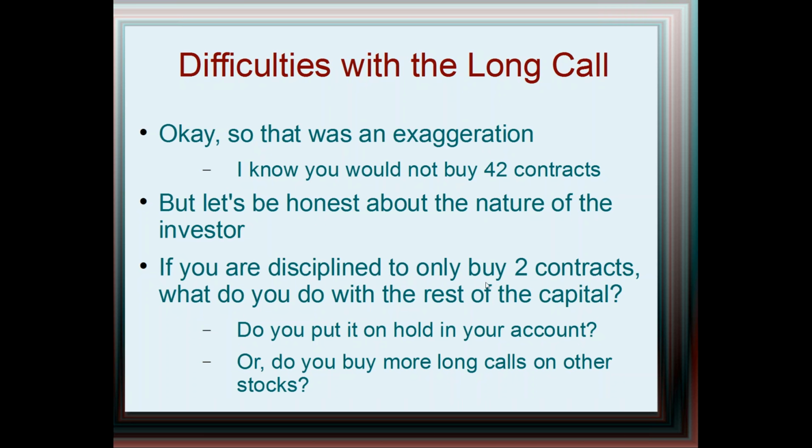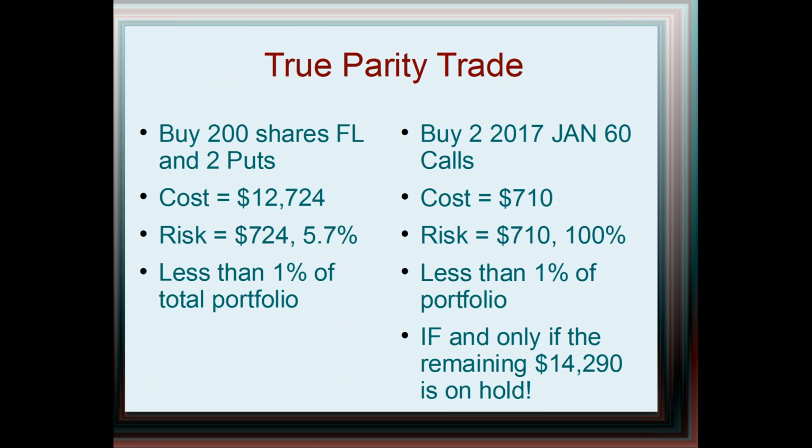Or are you going to take that remaining $14,300 and buy 5 calls on stock XYZ, 10 calls on stock ABC, 6 calls on stock 123, maybe do a bear call spread here or a bull put credit spread here? Okay, that's what you're going to do. The true parity trade to the radioactive profit machine, to the married put setup, where I'd buy 200 shares and